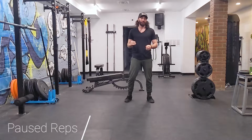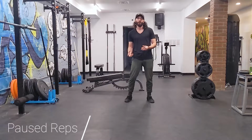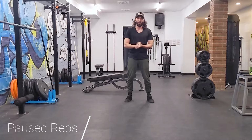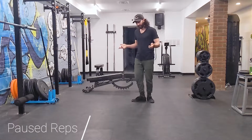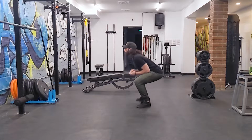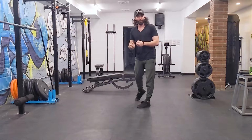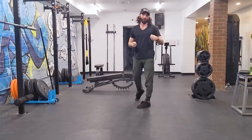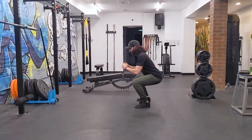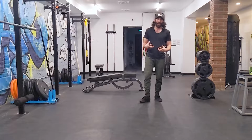For beginners, it's great because it forces them to feel what the full movement and the full range of motion feels like instead of just bouncing at the bottom to get the weight up. So say for a squat, for example, it prevents this, where you're bouncing off the ground, using your muscles' elasticity to naturally pull yourself back up. Instead, you pause for a second, and you'll feel the tension in the legs, even in your abs, a little